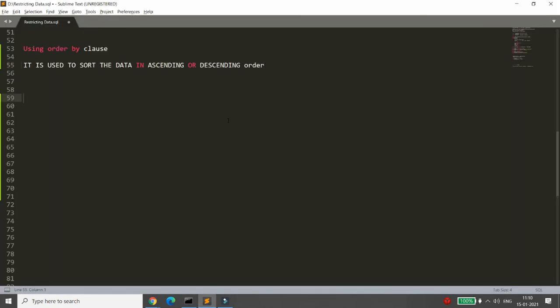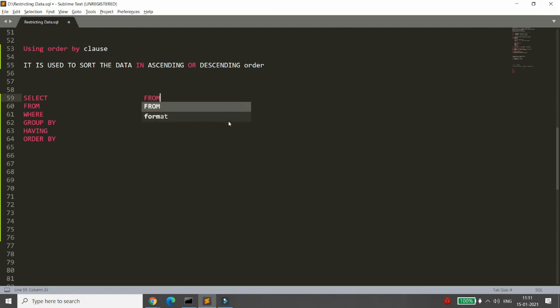You need to understand the writing order: select, from, where, then you can use group by, having, and order by. Order by clause will always come last.